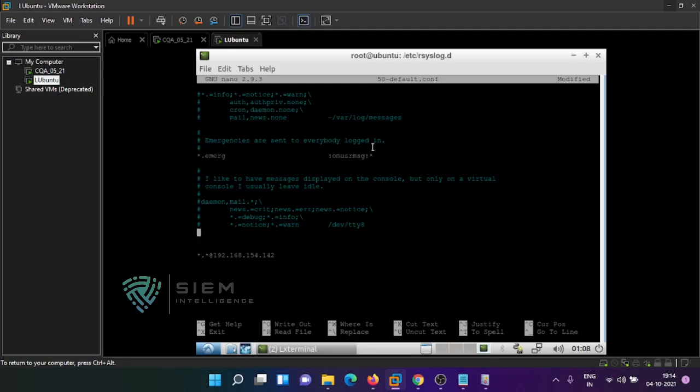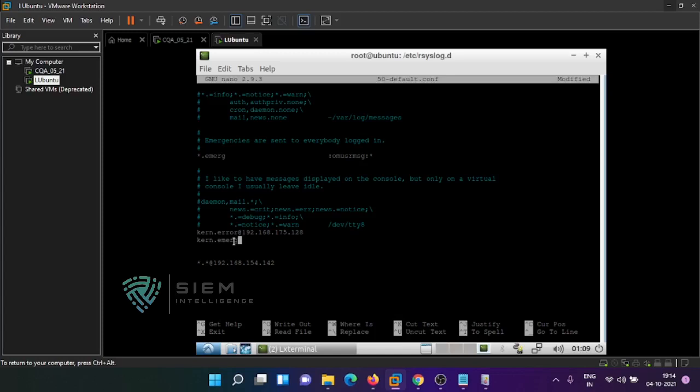Else you can also send a single file. If you want to send only kernel logs, you can send kernel.error. By @, the destination is given, and the @ has some meaning, I'll tell you at the end. There the destination location is 192.168.175.128, or you can also send kernel.star. There are in total 5 levels. You can say log levels, I told you already: critical, debug, error, emergency, and informational. So all those things you can send, or you can send one by one.